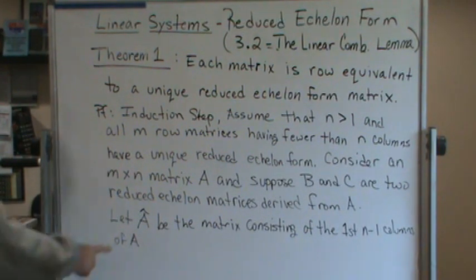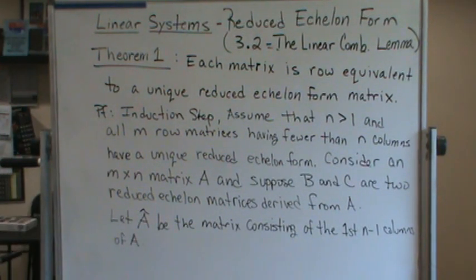Okay, since A hat falls in that category, we know that it has a unique matrix that is in reduced echelon form. Okay, so now if there's going to be a difference, it has to be in that last row,